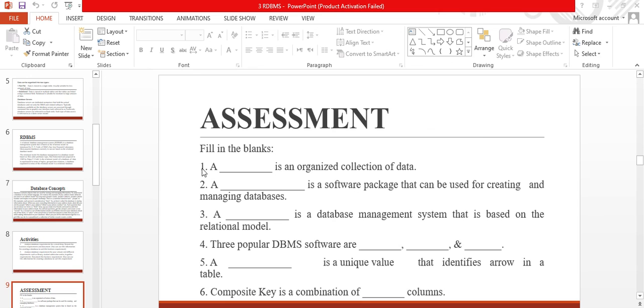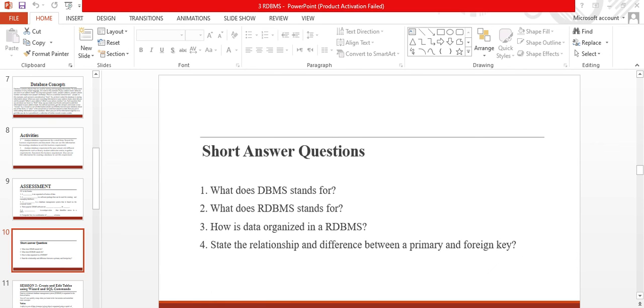Fill in the blanks. And short answer questions. What does DBMS stand for? What does RDBMS stand for? How is the data organized in RDBMS? State the relationship and difference between primary and foreign key.